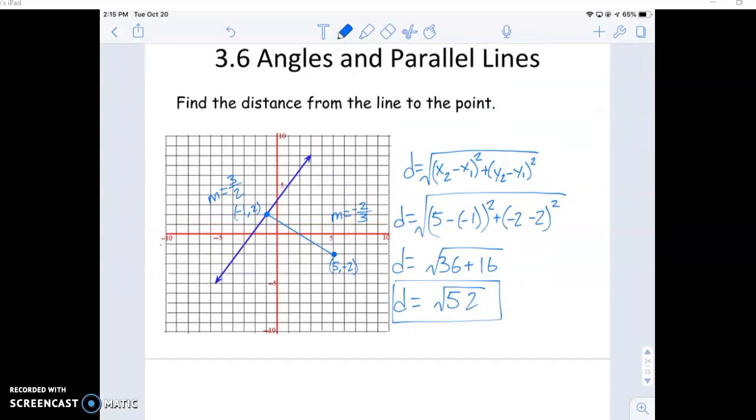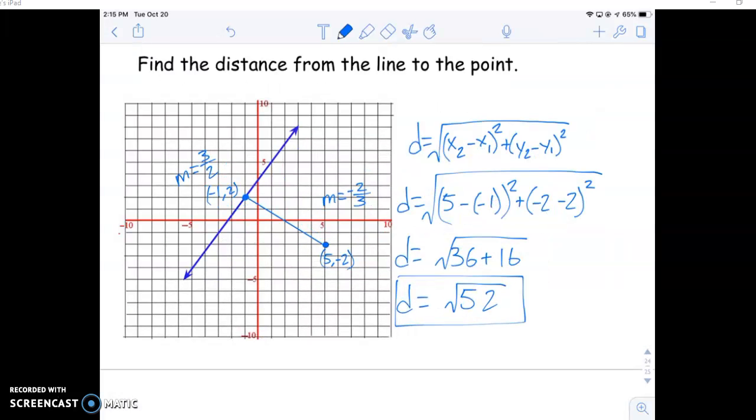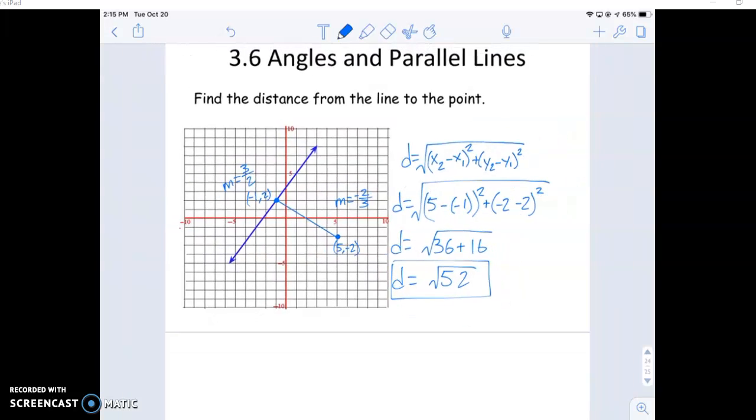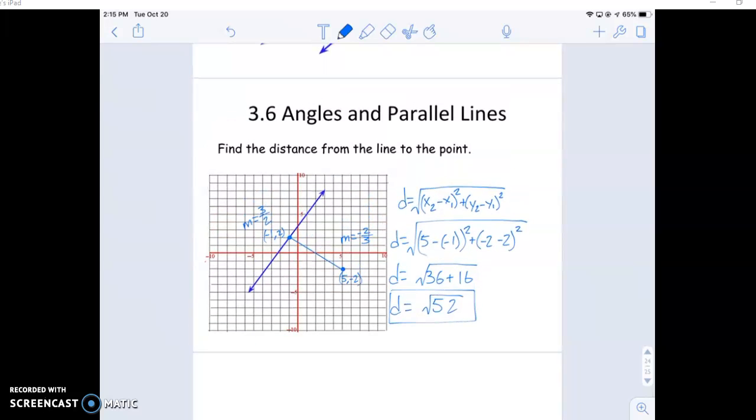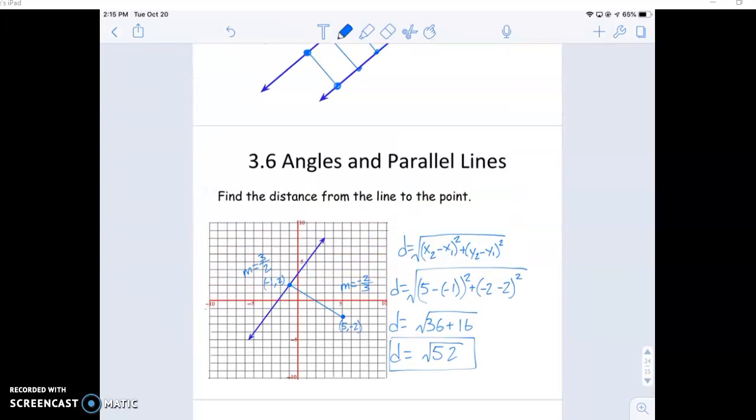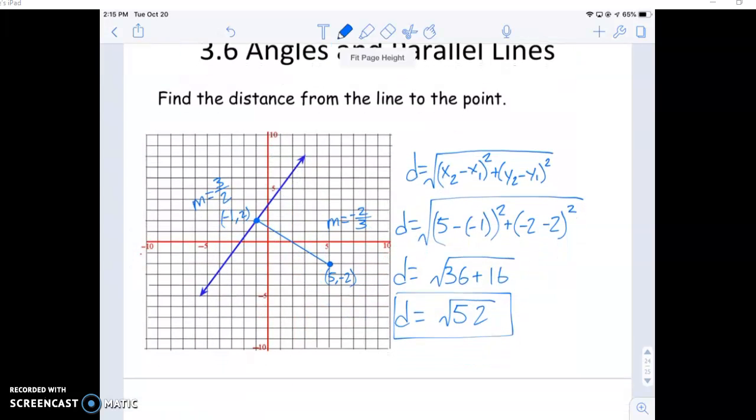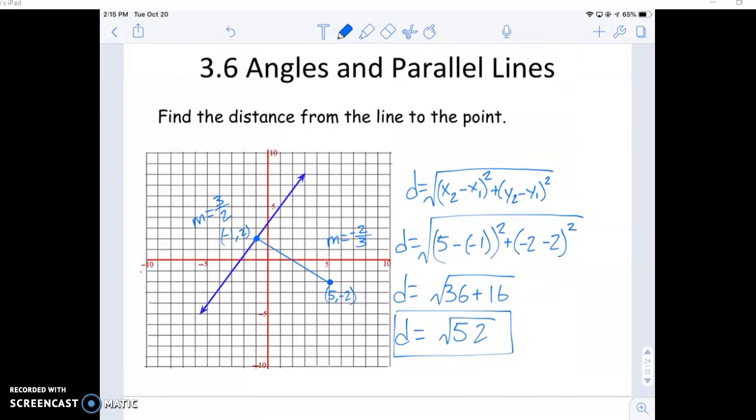Alright, so to figure these problems out, remember, if it's a problem set up like this, you're going to have to find the slope of that line, find the slope of the perpendicular line, and then using that you can find which point on that line that's given to you you'll find the distance between. Alright, so that is it for 3.6. Not too bad, but it's important that we know how to do this. We'll definitely have at least one of these questions on the test, so make sure you know how to do it. If you don't, make sure you reach out, get some help,